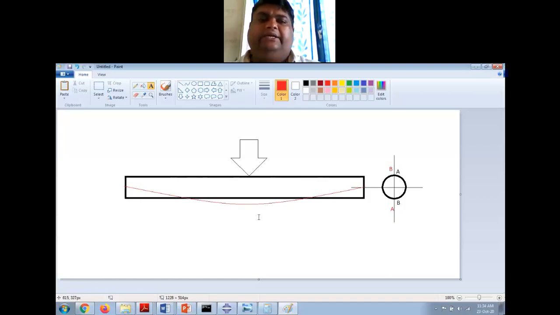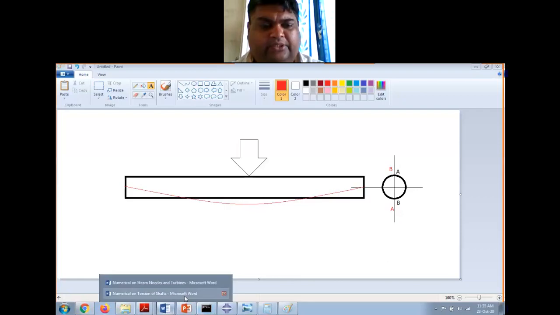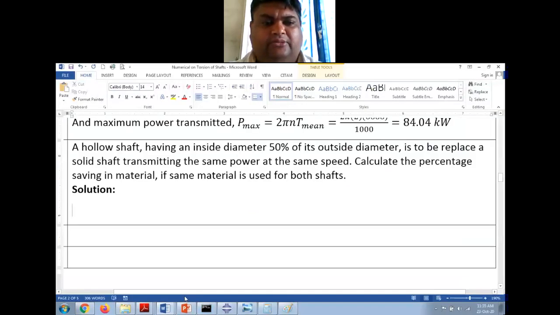You will be studying this in detail in machine design 2, right? So for this reason, it is very important that I need a lighter shaft which is strong also to transmit the power, right? So if the shaft is light, then this bending will be small, right? So the life of this shaft can be improved or increased by this. So let us go back to our numerical. This is for your information. It is not in your syllabus. It is just out of interest.